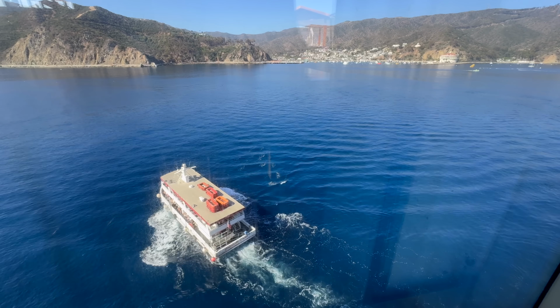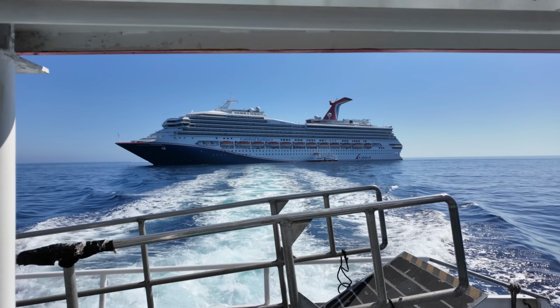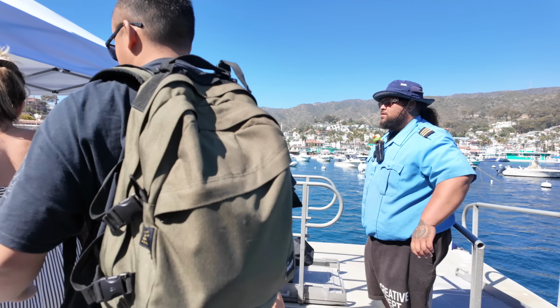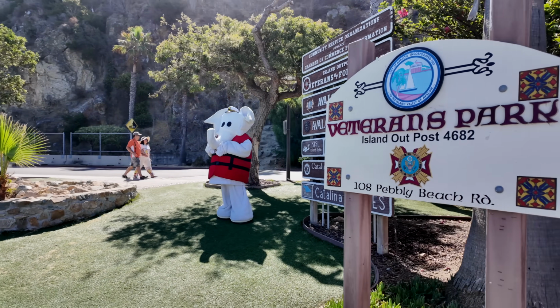Catalina is a tender port, meaning you walk from your cruise ship directly onto a small ferry boat, and then they just kind of cruise you over to the land and then you disembark there. It's about a 5-minute ride, but loading and unloading can take up to 45 minutes all said and done, so just plan for that. Catalina Island is also known as Avalon if you're looking for a weather forecast or trying to find it on the map,